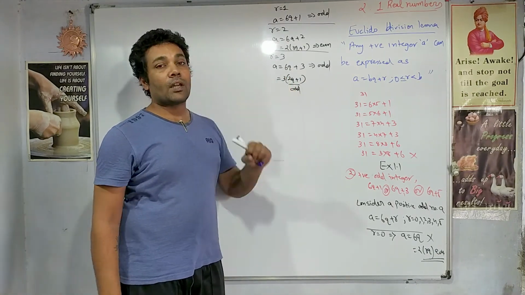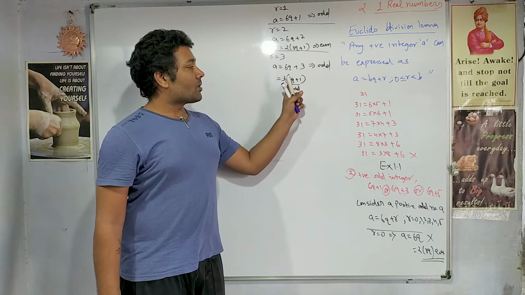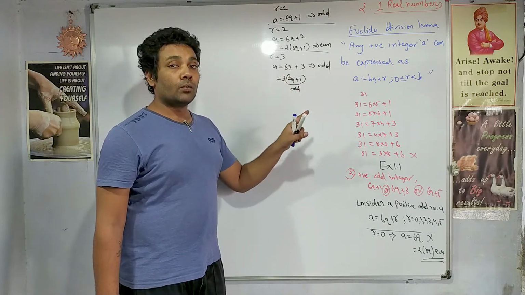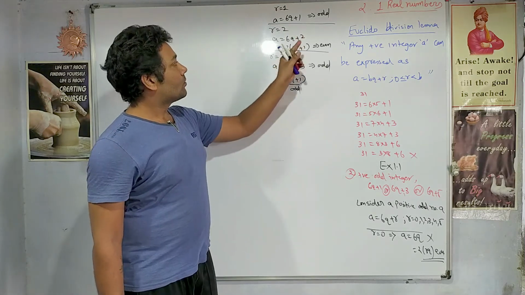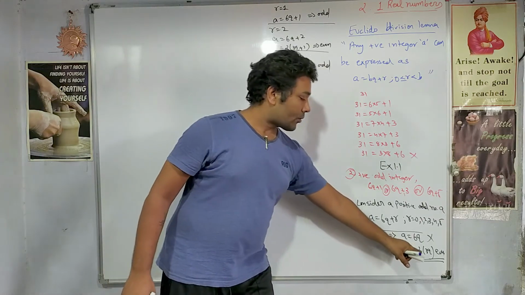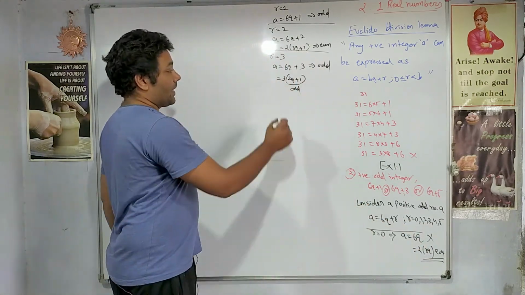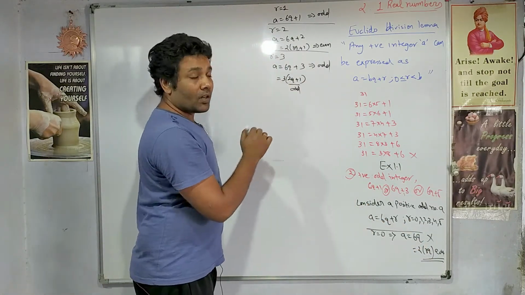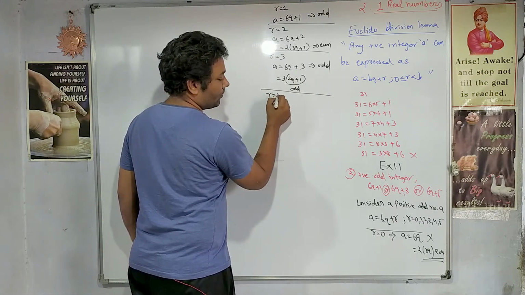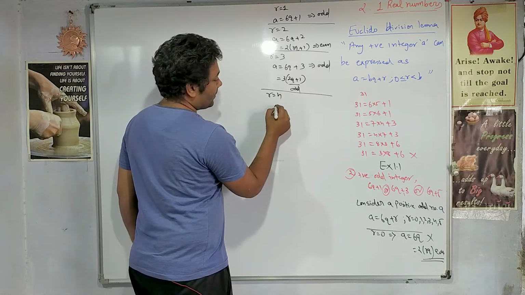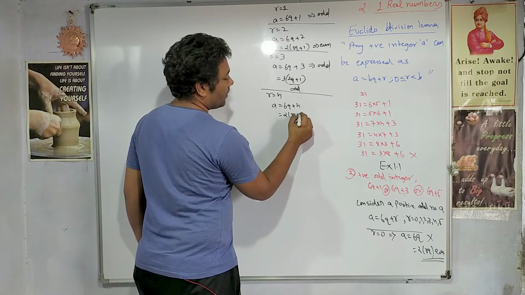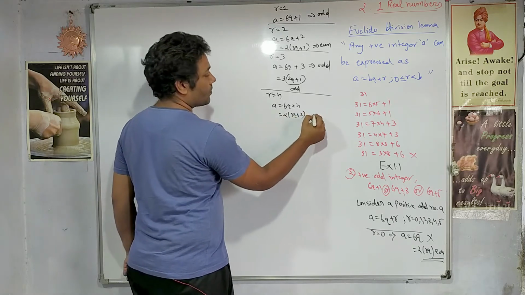In the first lecture we have seen that the odd number is of this form, and the even number is of what form? 2q, right? It is a multiple of 2. Here it is a multiple of 2, here also it is a multiple of 2, and if it is a multiple of 2 plus 1, then obviously it is an odd number. Now if we take r equal to 4, then a equals 6q plus 4. If we take 2 common, this is again a multiple of 2, so this is even.